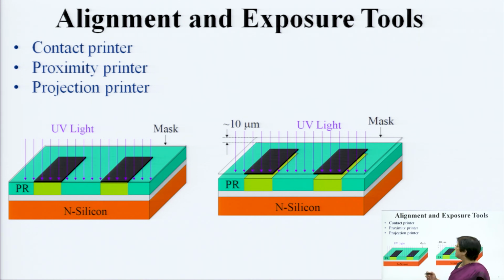Now, what is this key feature? Depending upon the mask placement, how you position the mask onto the wafer, you have 3 different techniques. One is known as contact printing, second is known as proximity printing, and third one is known as projection printing. As I always tell you, no need to mug up, the names themselves are self explanatory. How? Contact means the wafer and the mask both are in contact with each other.